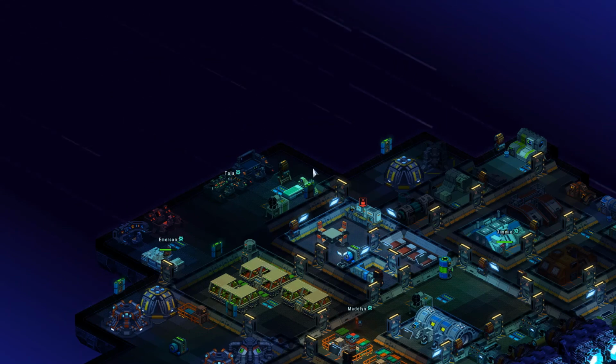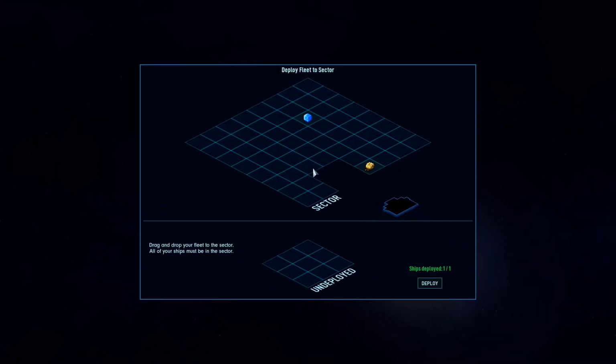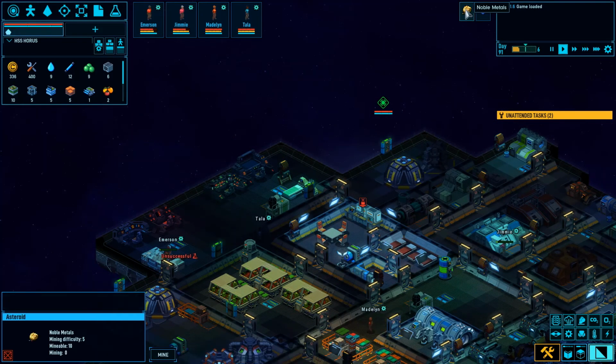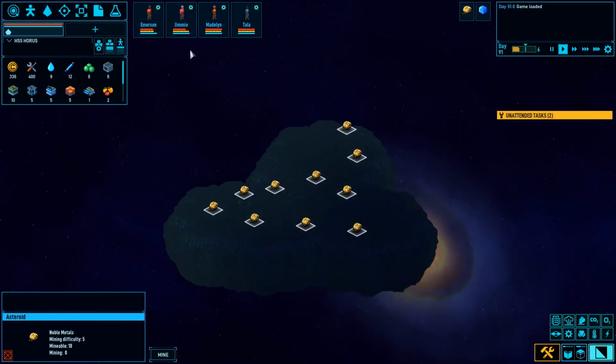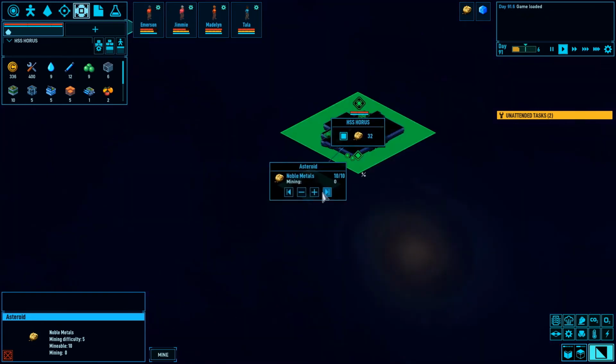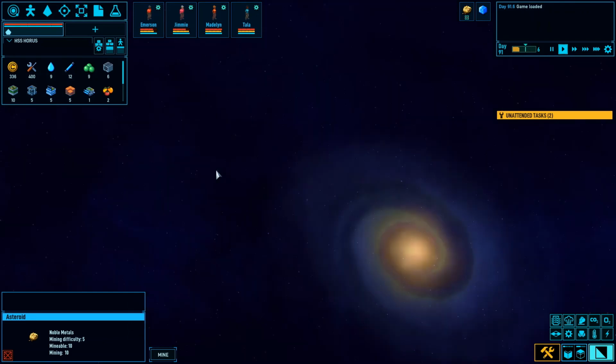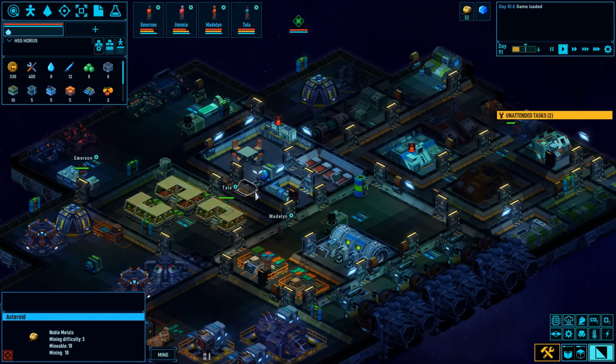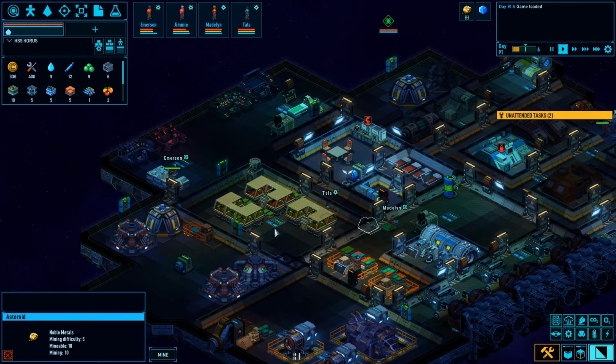We're going to hang here for a moment as the pirate leaves, so that we don't have to keep evading. Might as well grab the metals here. Let's mine these nobles. Might mine the water too if we have time, but probably won't. We probably won't stick around for that. Our main priority is just to